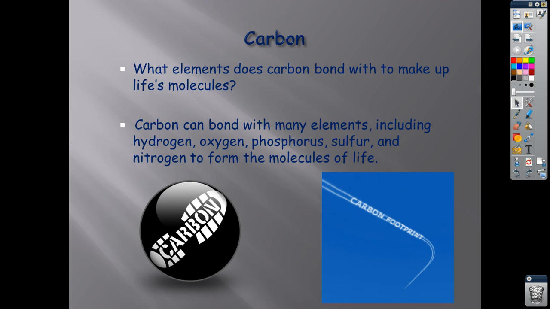Carbon has a particular property to it. Carbon can bond with hydrogen, oxygen, phosphorus, sulfur, and so forth, all the other basic elements of life, which is a particular property because they all cannot necessarily bond with all of the other elements. But carbon is the one that can bond with all the other elements. When carbon combines with hydrogen, oxygen, phosphorus, sulfur, and nitrogen, you form the necessary molecules that will eventually end up